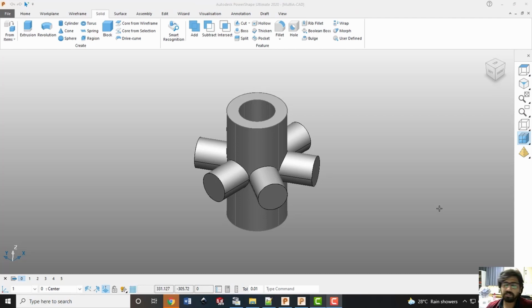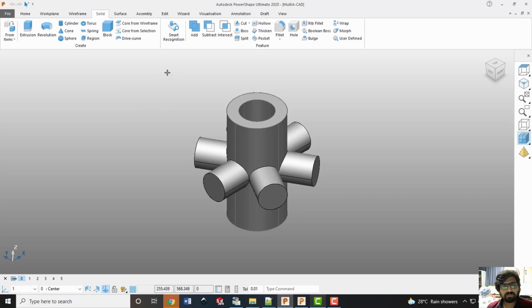Now let us consider another case in which the object shown here, which is already imported in PowerShape, needs to be fabricated by a directed energy deposition based additive manufacturing system. We already discussed that such an additive manufacturing system like DED does not use explicit support structures for fabricating metallic objects. Instead, it utilizes the multi-axis kinematics of the machine tool to build the part in such a way that each time while depositing the feature, the droplet can fall along with gravity.